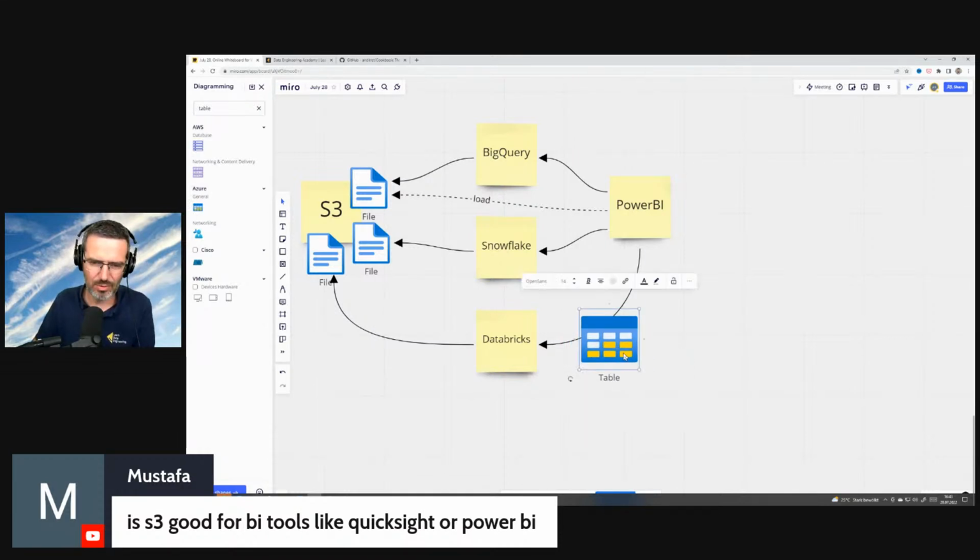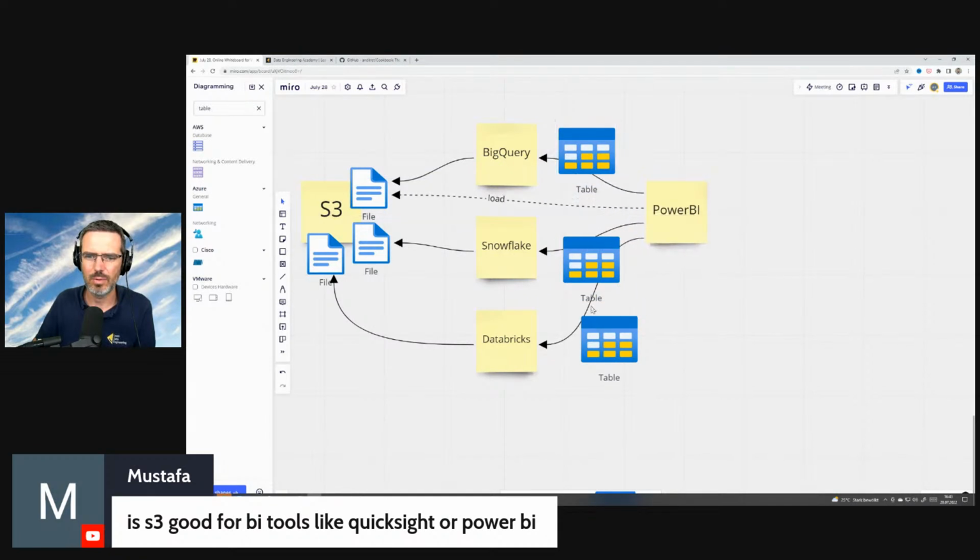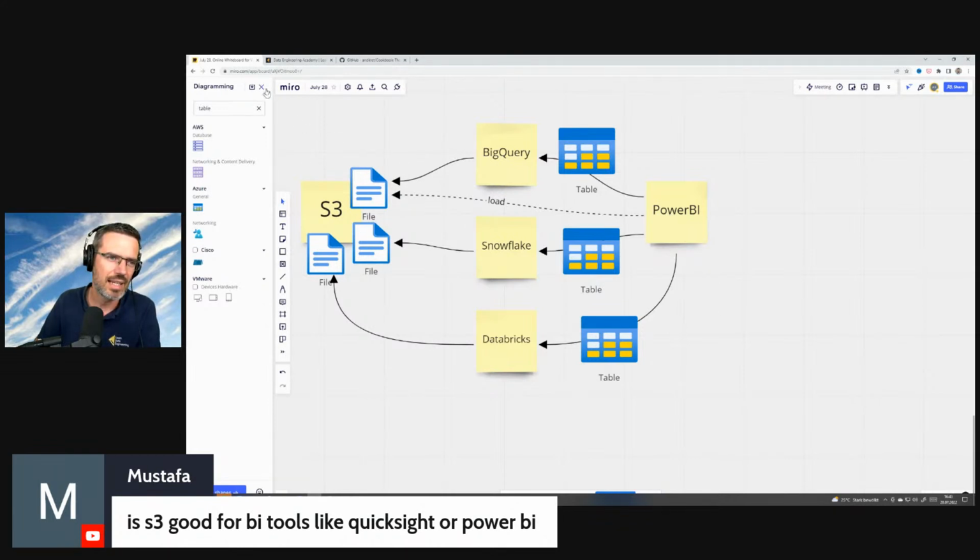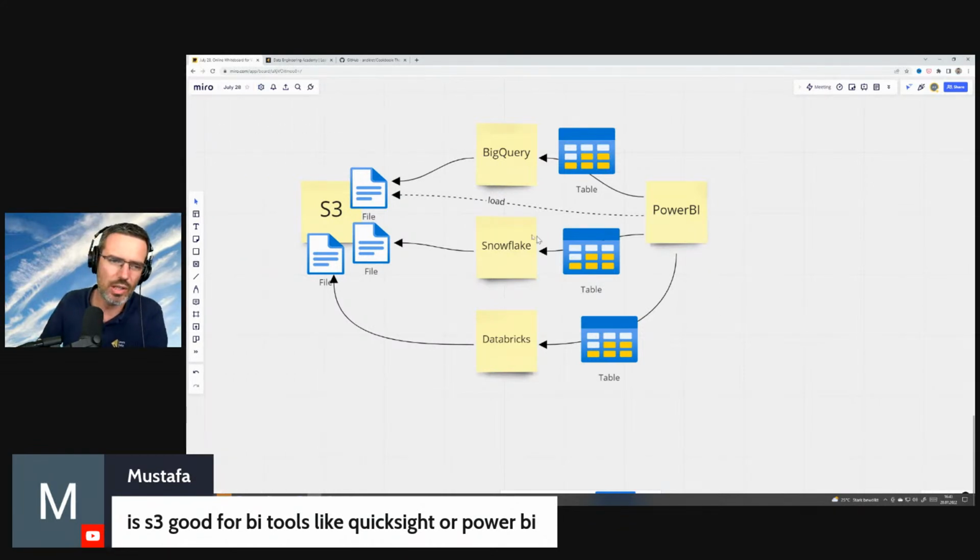These would give you the table view on this, and would make it so you don't need to download the whole thing, but actually BigQuery, Snowflake, or Databricks would do the heavy lifting for your queries in Power BI. So that's how you would do this. You most likely would not want to load gigabyte-large files from S3 and process them in Power BI. It's not a good practice.